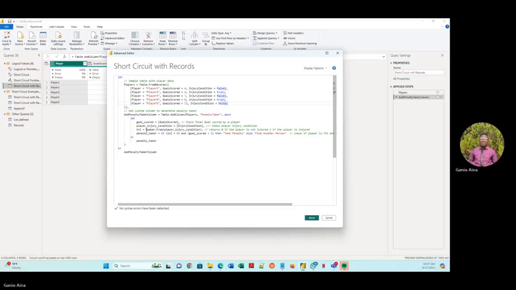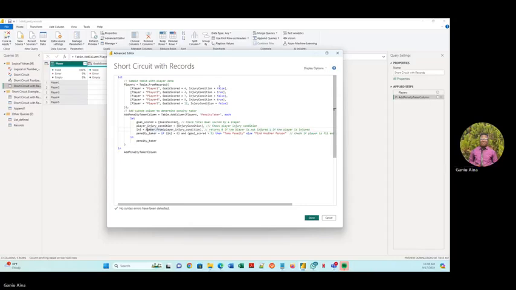Then we have some logical values in Power Query that I use, which can create a number from a given value. So since I've given the value false or true here, we can see that it returns 0 if the player is not injured, and 1 if the player is injured based on the condition, which means